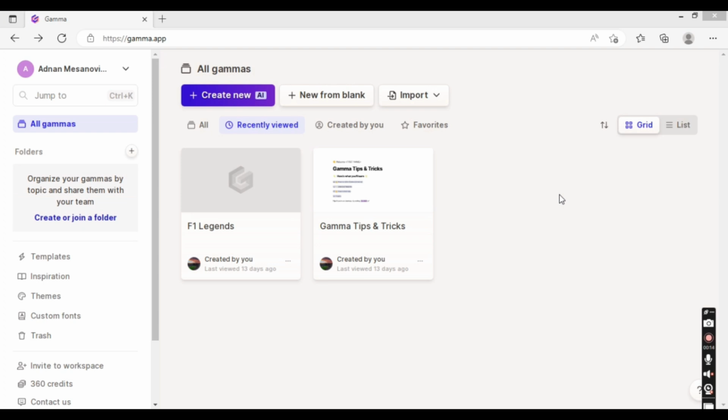So once you enter the website, you will need to log in. I have logged in with my Google account. It's really easy. You just press on sign in with Google, you add your email and your password, and that's it. So once we are here, we are going to go to create new,